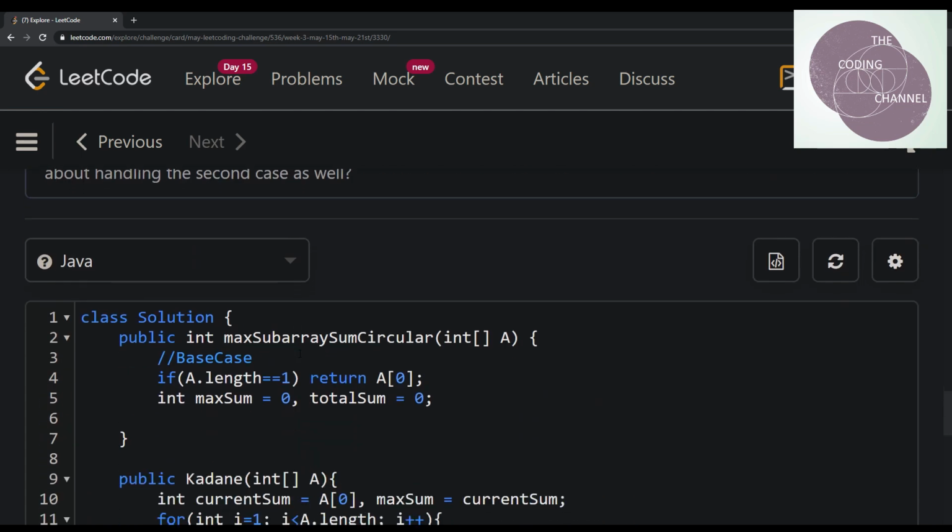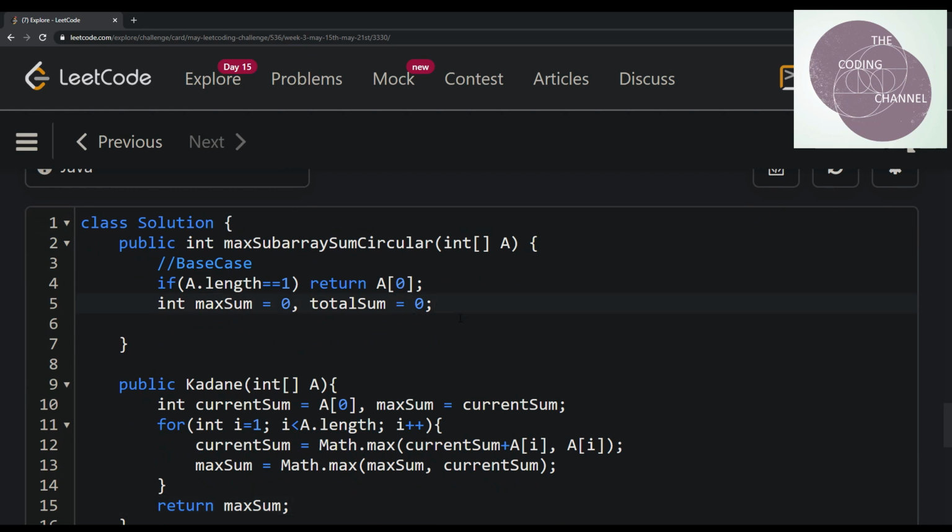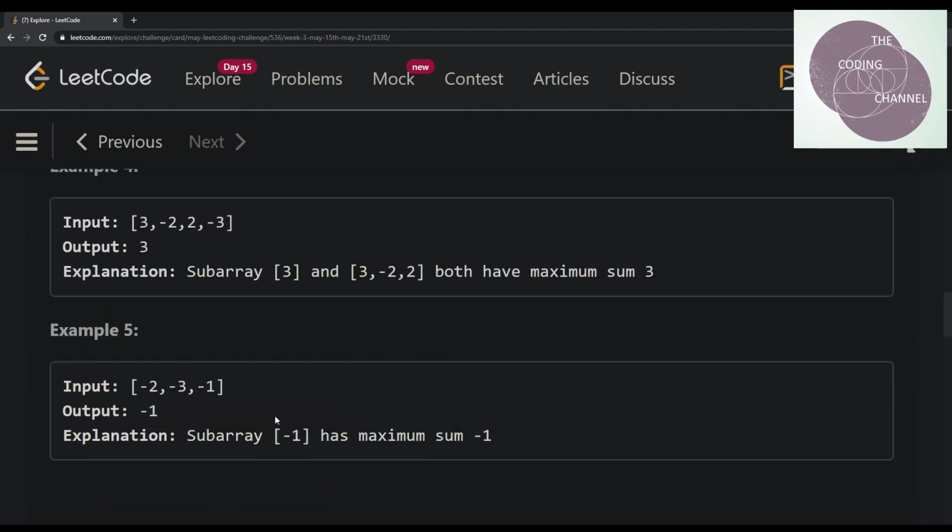Right. So then our max sum, which was here, we can simply replace with Kadane(A). Now interestingly, if our max sum is less than 0, we can safely return max sum, because none of the elements would be greater. So let's quickly go through this example as well.